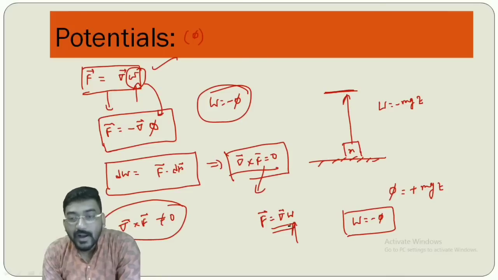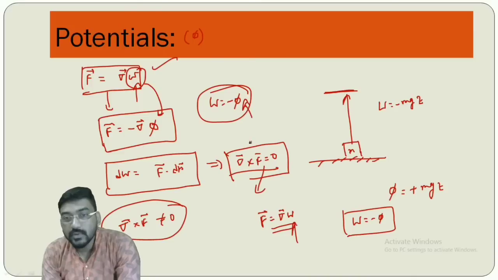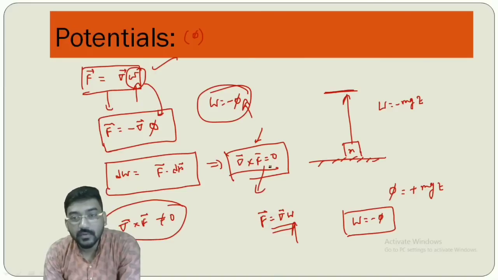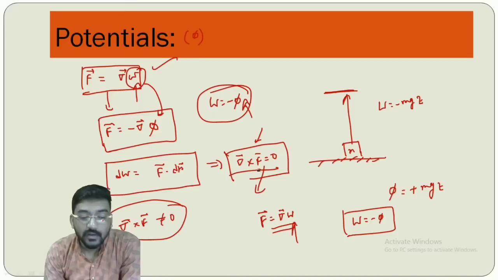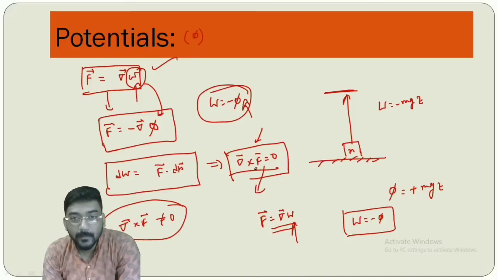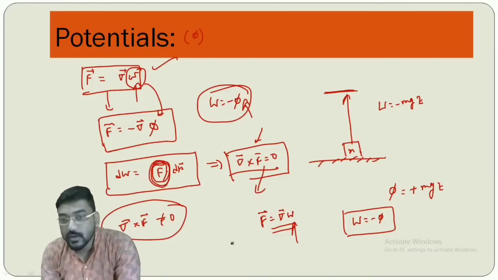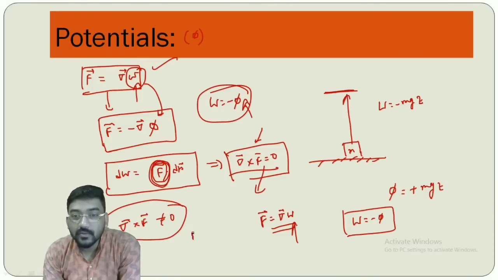So whenever you are asked to find out w or find out phi, what you have to do? You have to first check whether curl of f is 0 or not. If curl of f is equal to 0, then only you can try to find out w. Now how can you find it? You have to just integrate the function f. Because if f is equal to gradient of w,